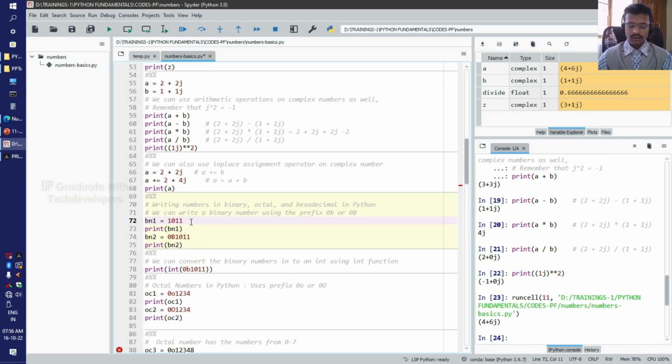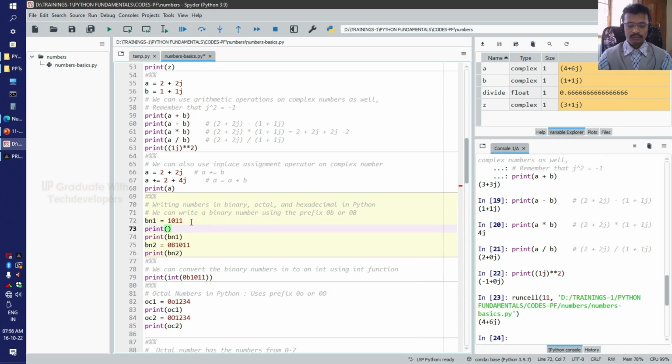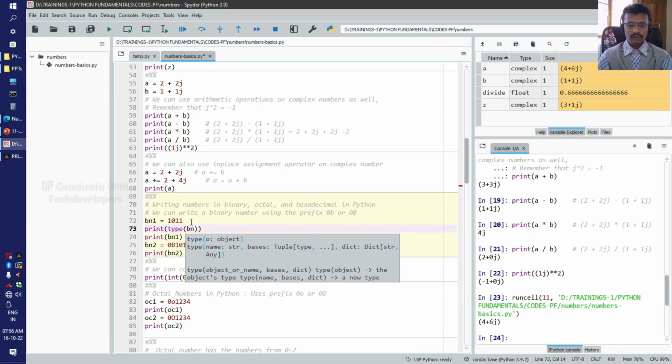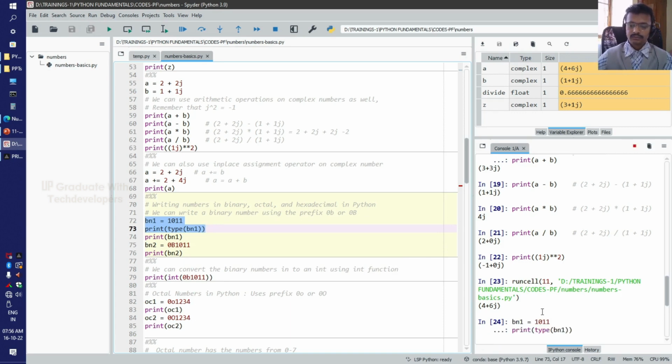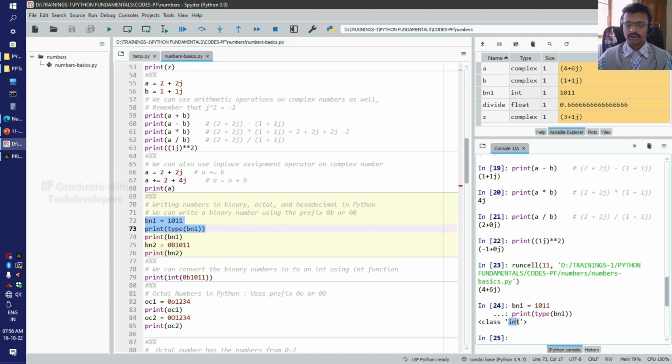Suppose if I type the type of the value assigned without the prefix 0b, then it will result in an integer value. So let us see. Look at here, it is of type int. If we use 0 and then small b,